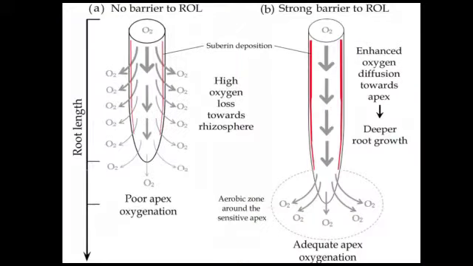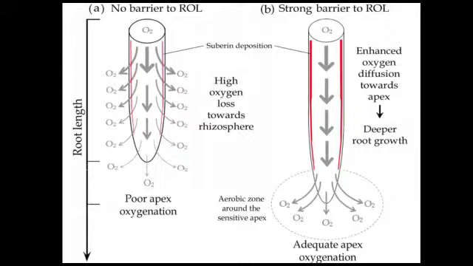The next physiological response is one that responds to radial oxygen loss, or ROL, in plants. Plants that are not tolerant to excess water stress have roots with thin and barrier-free cortices. Because of this, these plants experience a significant amount of oxygen loss radially as the oxygen is being transported down the root in a vertical manner. This continuous loss of oxygen in the roots prevents any oxygen from reaching the root apex and in turn inhibits